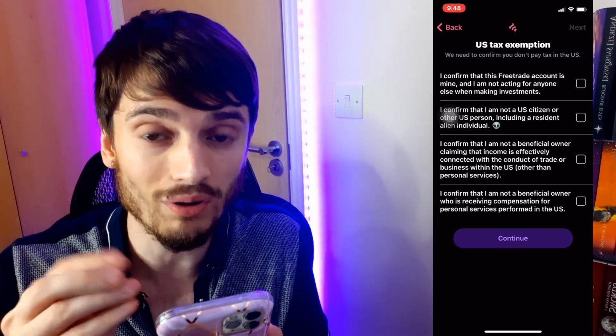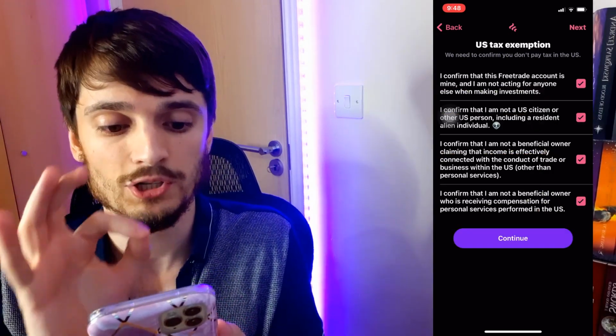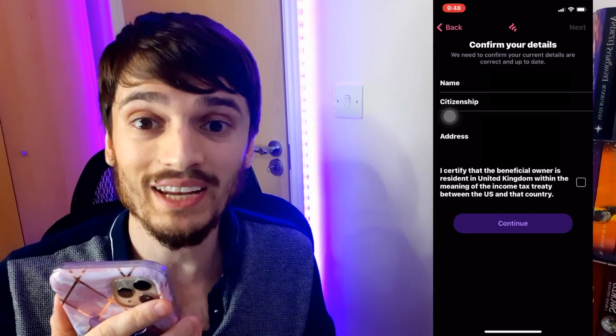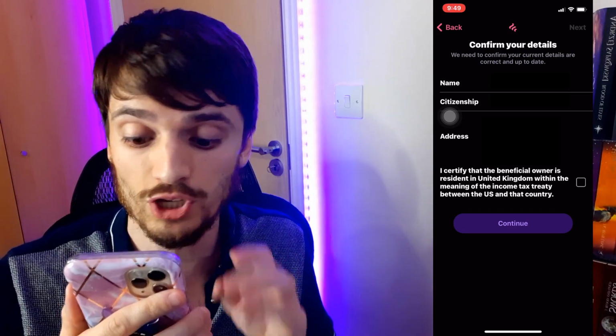So read them all, and then make sure to put a check in each box like this. So I've checked all the boxes, and now I press continue. Now the next screen I cannot show because it literally includes all my data. But at this point, if everything checks out, if you've done the right things, you should just be able to